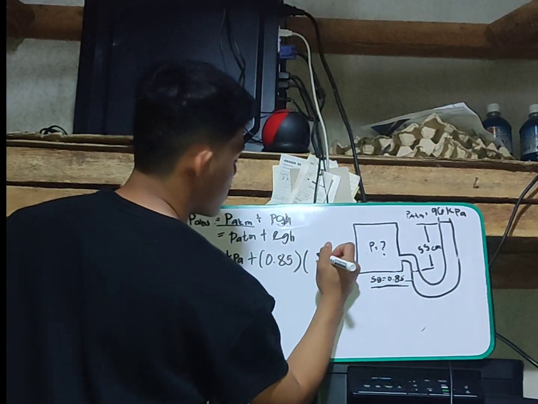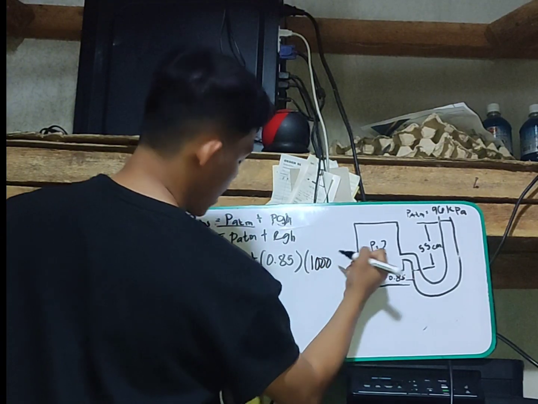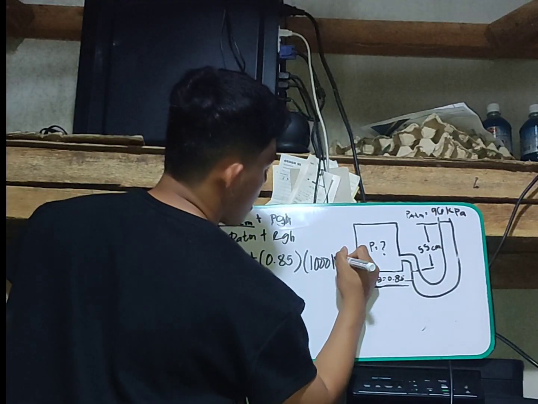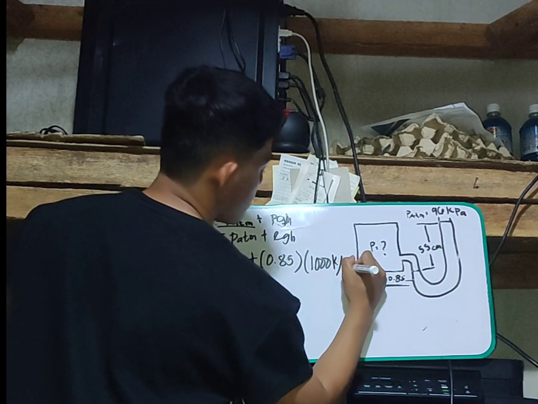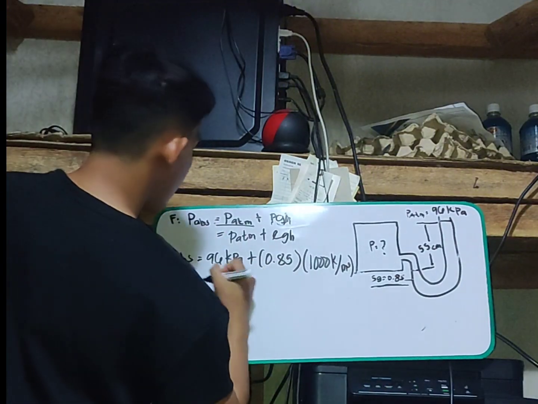Don't forget the density of water. We have 1,000 kilogram per meter cube times